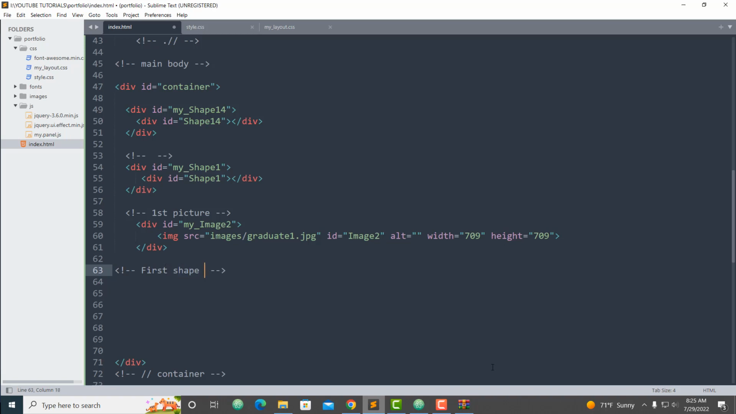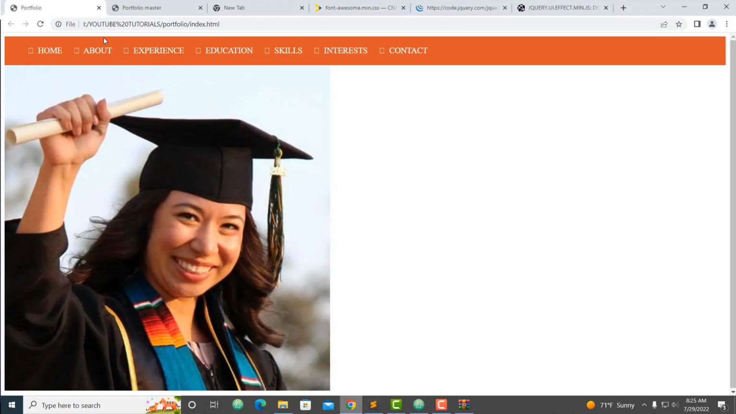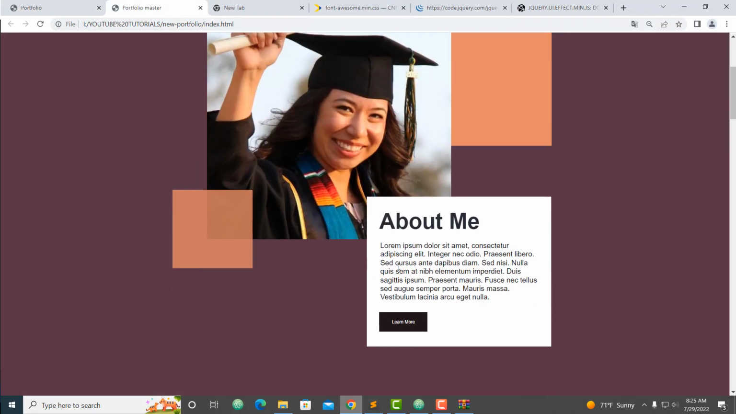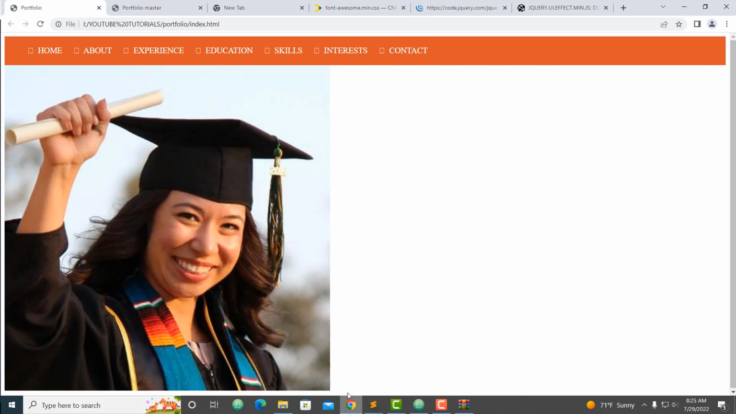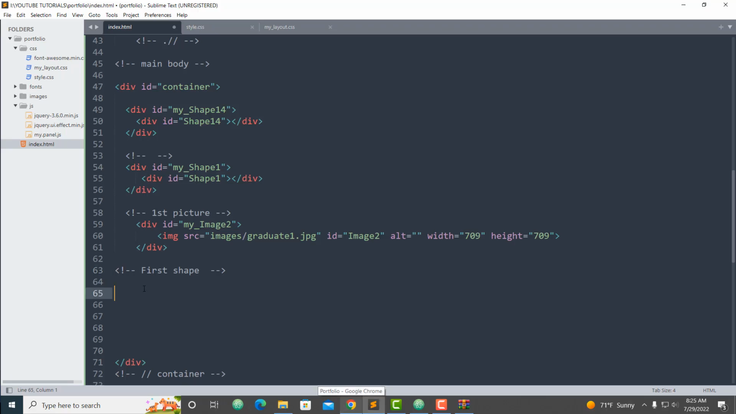Okay, which is our first shape. Let me show you here, which is about me. Okay, and this is how you do it. This is how you do it. Okay, with div,